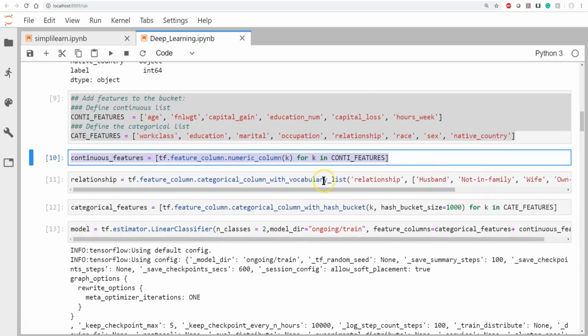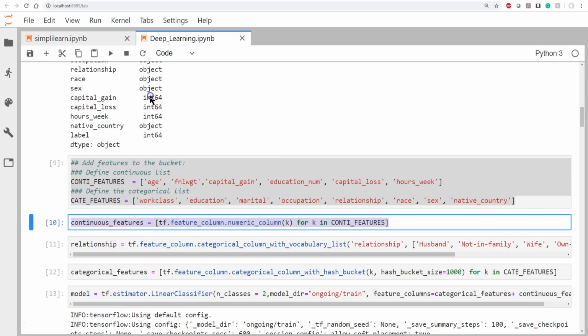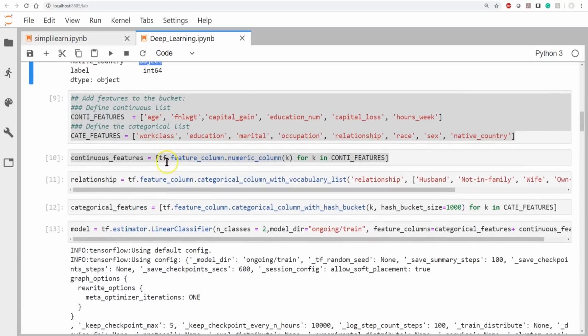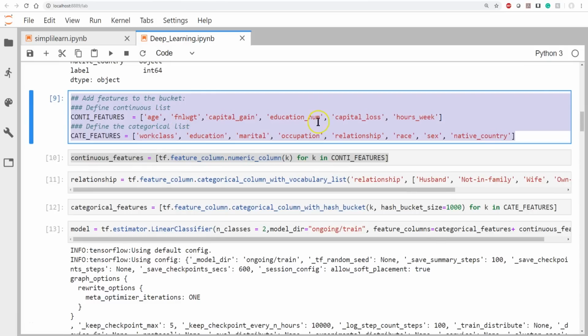And then we showed you different features. Like we have ones that are integers, and then we have ones like sex that are objects. You're 0 or 1, you're male or female. Same thing with race. Probably have just maybe 16 different races listed there. Ethnicities, things like that. Native country, again, you don't have an infinite number of native countries. You just have a handful. So when we look at this, we have our features. We have our continuous features like age, which is a number, or in this case an integer, and education number, how many years, and so on, along with your race, your sex, your relationship, which are just very abbreviated categorical data. So we looked at that.